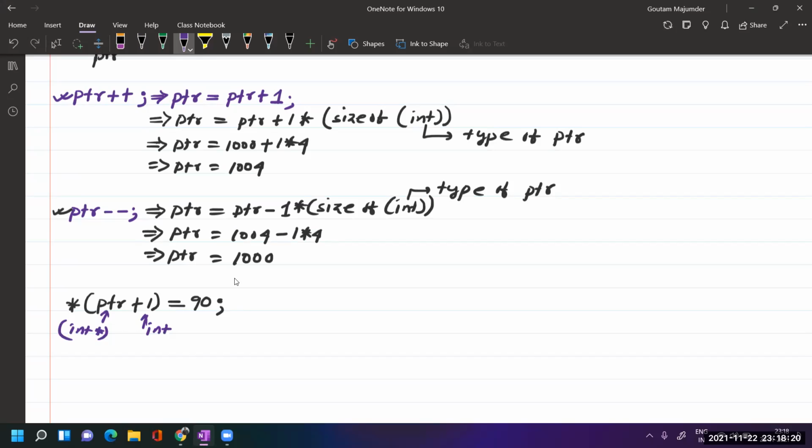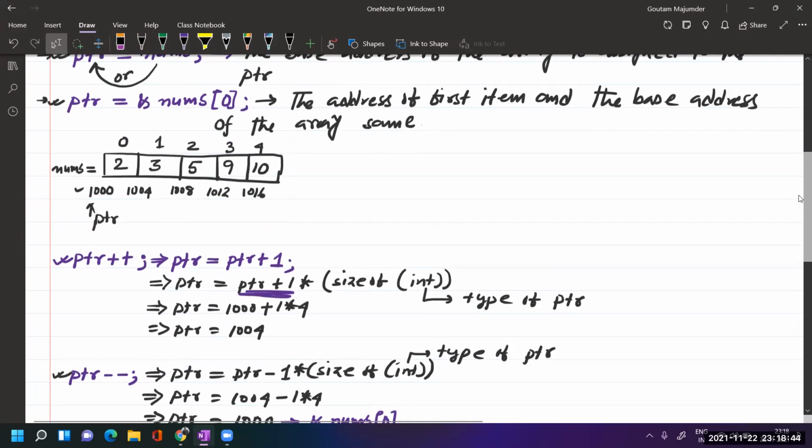Correct? So can we consider this expression similar to this expression? Yes, why not? Definitely. So now, where is ptr? This is the address of the first item, correct? Address of the first item.